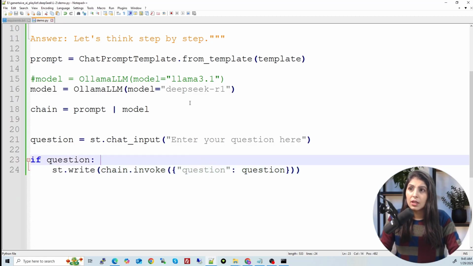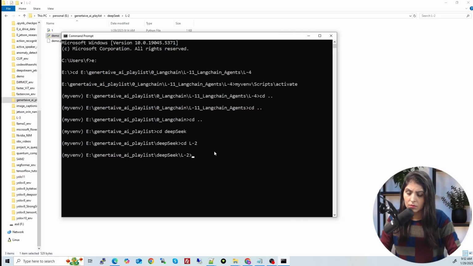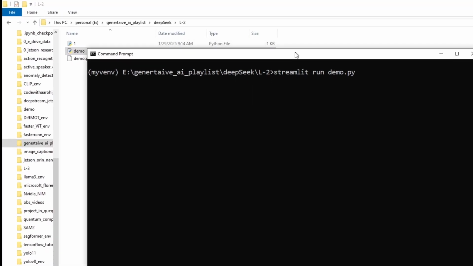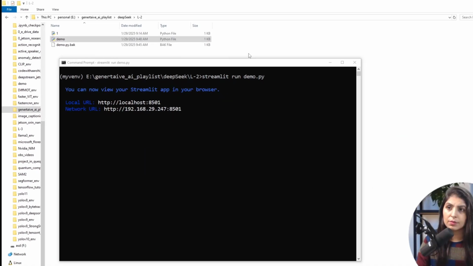Save this file first. Now I'll enter the folder where this code is, and then I'll run. So my code is in cd. Here I have this code. Now run streamlit run and the file name. So guys, I have entered the folder where my code is. You can see here, in this folder we have our code. To run this code, we will write streamlit run and the file name, and hit enter.